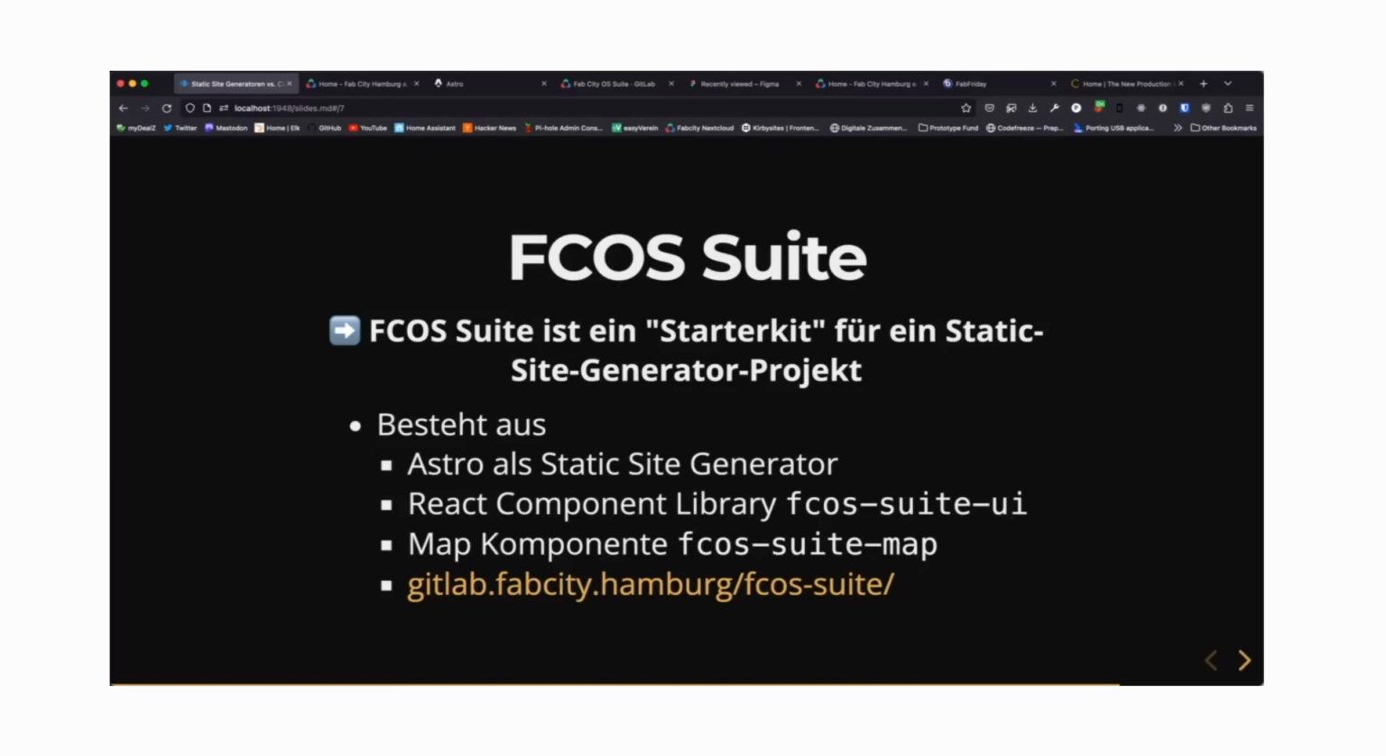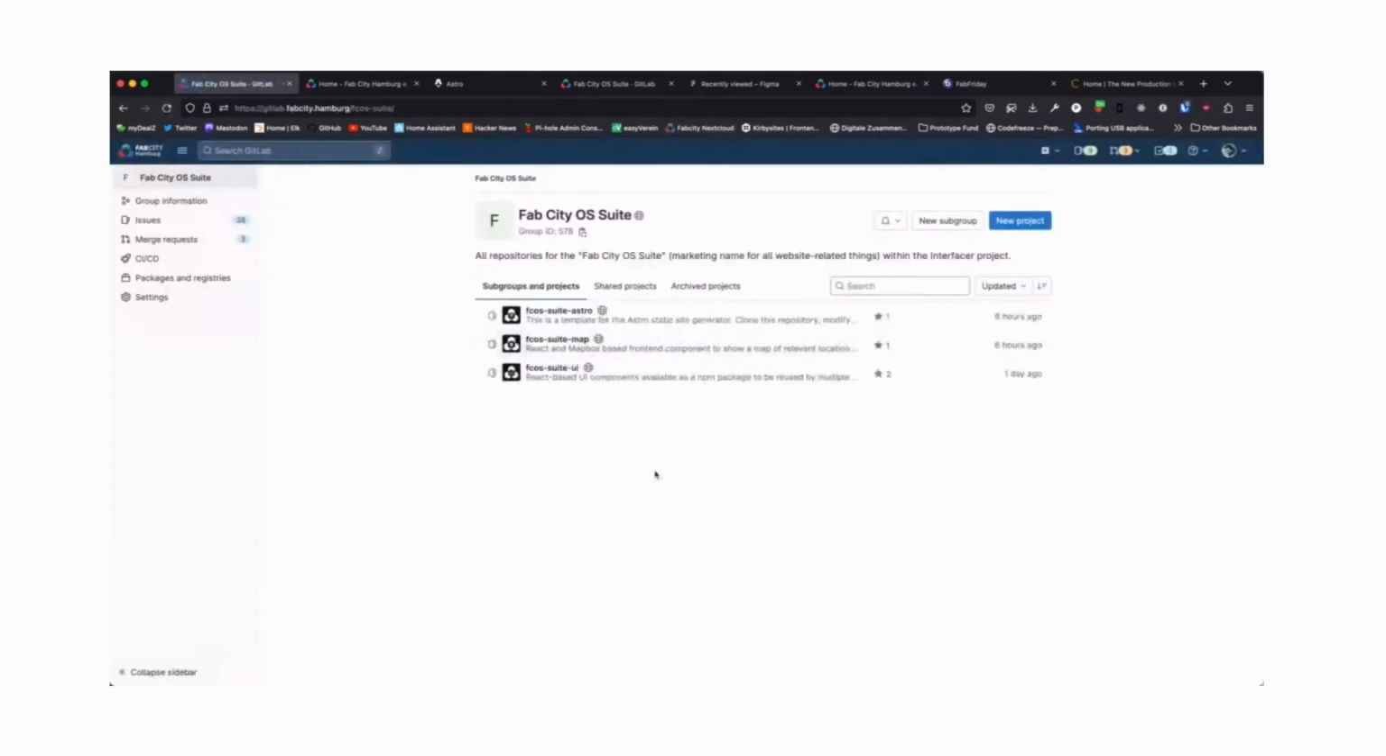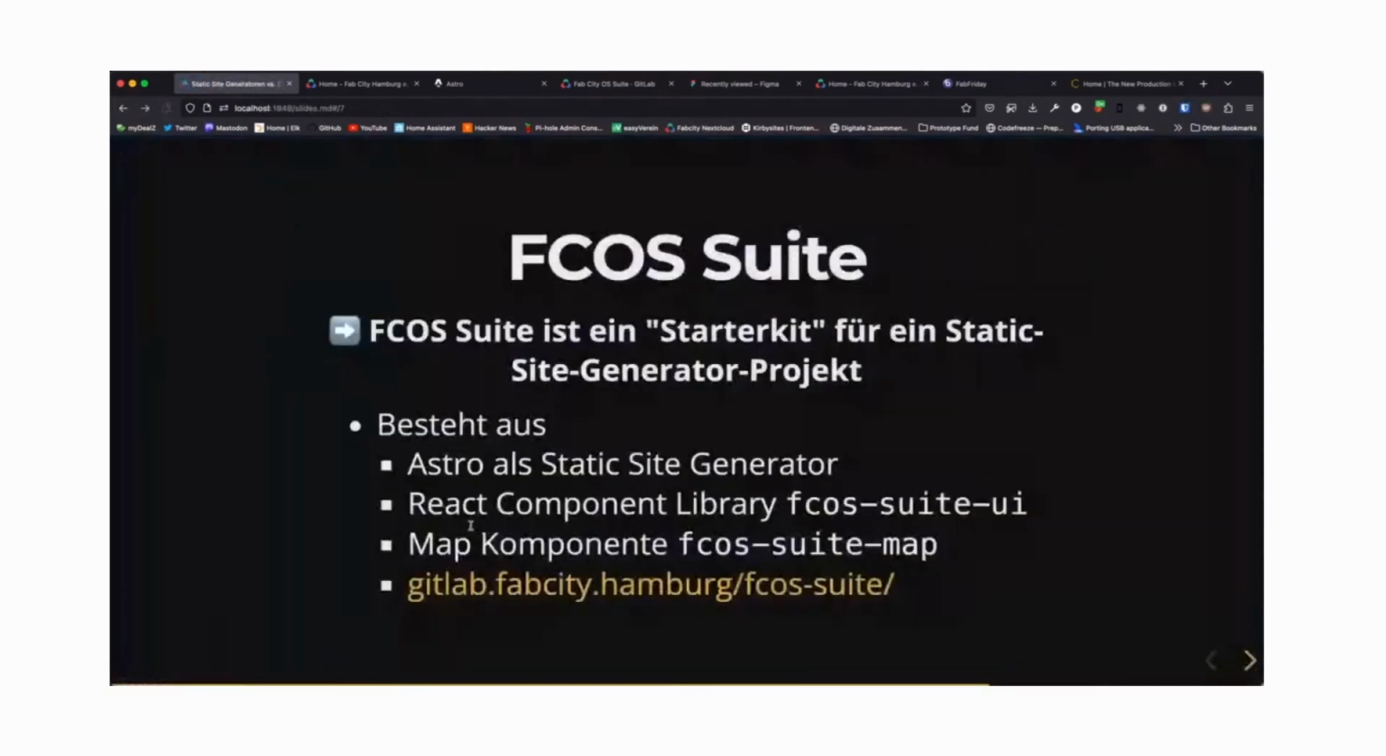I will talk about it in a minute, but the other parts of the FCOS suite are a component library called FCOS Suite UI and a map component called FCOS Suite Map. So there's basically 3 projects under this name, and you can find them if you click on the link. I also put it here,